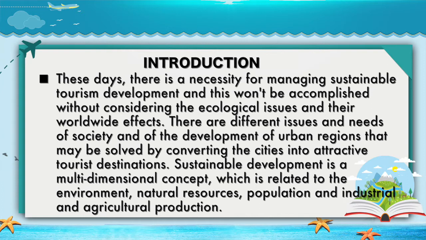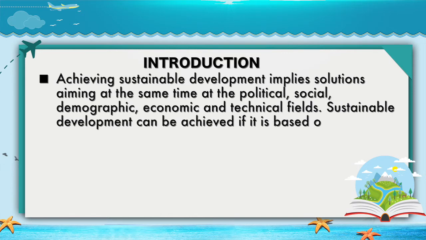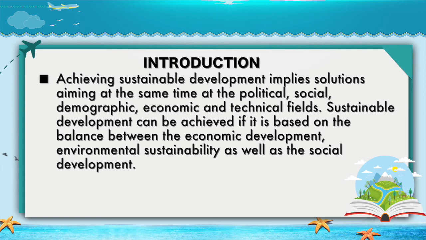Sustainable development is a multidimensional concept which is related to the environment, natural resources, population, and industrial and agriculture production. Achieving the sustainable development implies solutions aiming at the same time at the political, social, demographic, economic, and technical fields. Sustainable development can be achieved if it is based on the balance between the economic development, environmental sustainability, as well